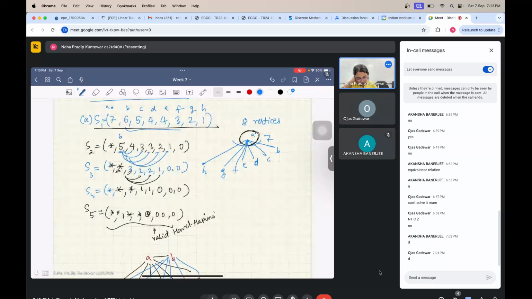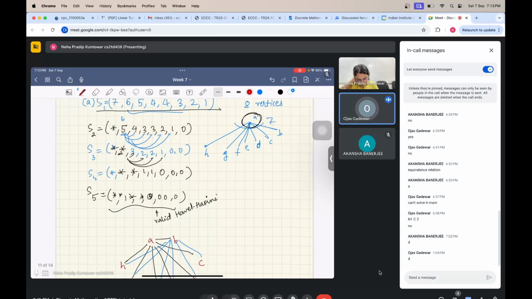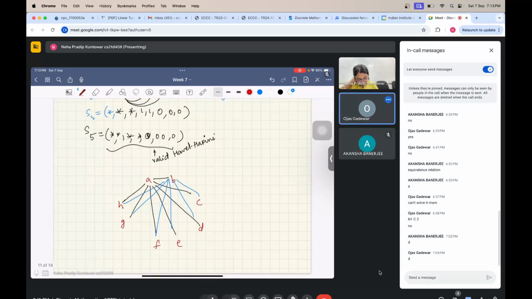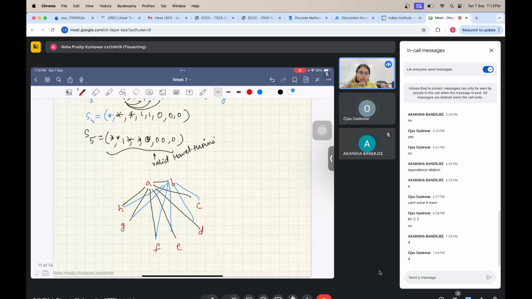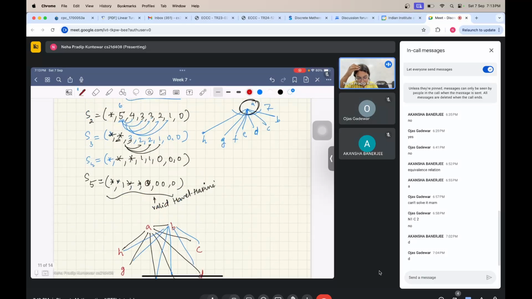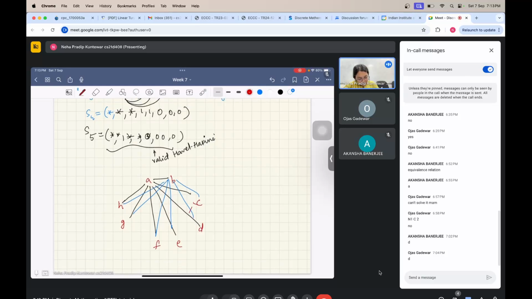Then we can join any of the 3 points to C. Any of the 3 points, or you do it in order, because that is how we are doing this process, right? You are deleting one, I mean decreasing the degree of each vertex by one in this order. So what you do is you connect C2,